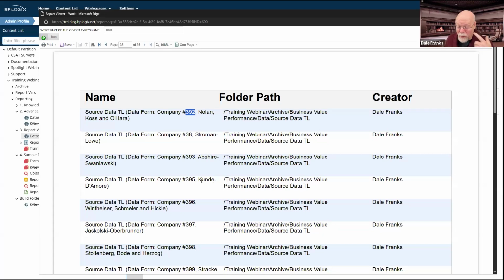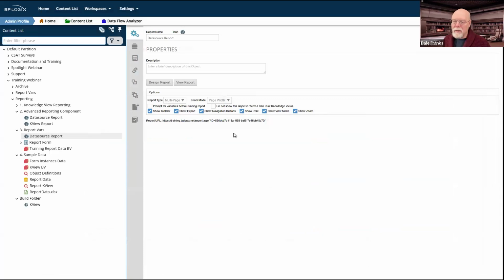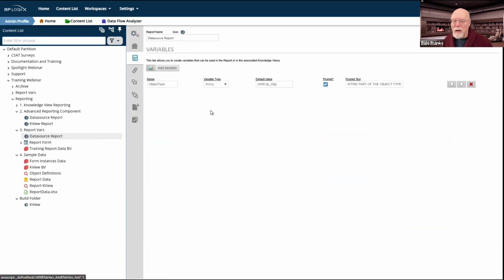Customer number is really the only variation, although there are some names. So I could search for part of a particular name. I could add multiple variables to a report. And if I add multiple variables, as long as my SQL statement takes account of those variables, then I can basically build a report that requires multiple variables to be entered to run, and I can prompt the user to run them when the report generates.